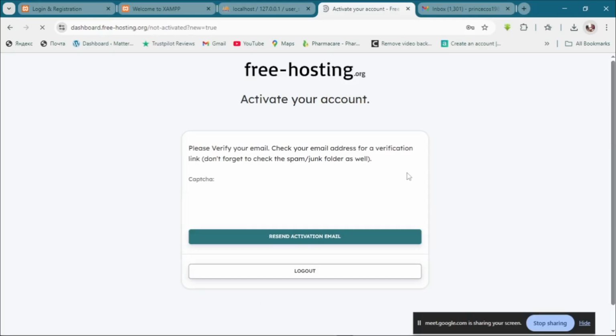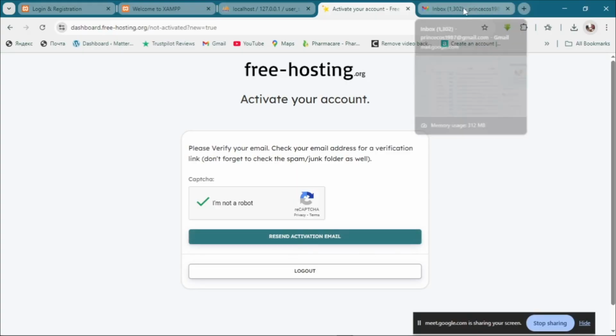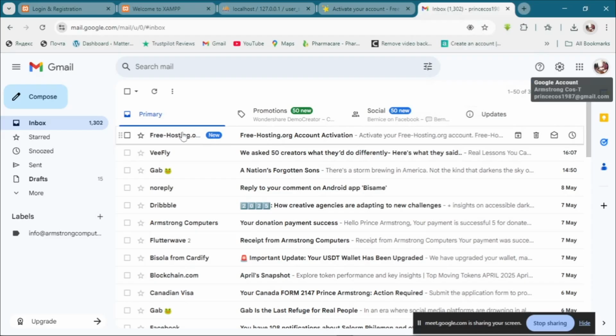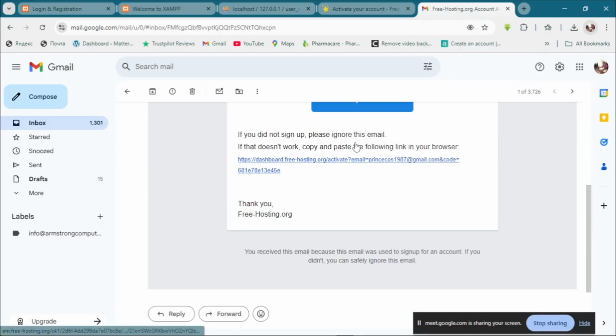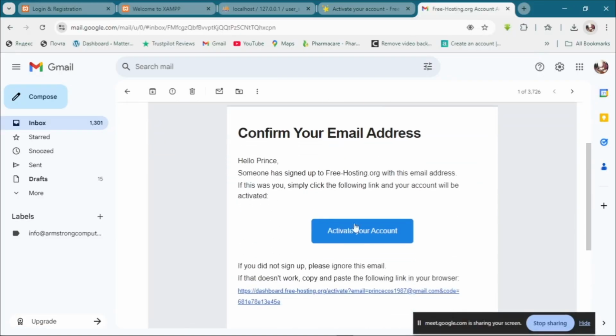So after I created an account, you can see I need to be redirected to the page, but still I have to click on I'm not a robot, and done. So you can get them to resend the email activation, if only you've not received any email. So I'll go to my email, and you can see it here. I have the free host email here, so I'll double click on the email and then come to this side and click on it to activate the mail. Activate your account. So I'll click on it to activate my account,